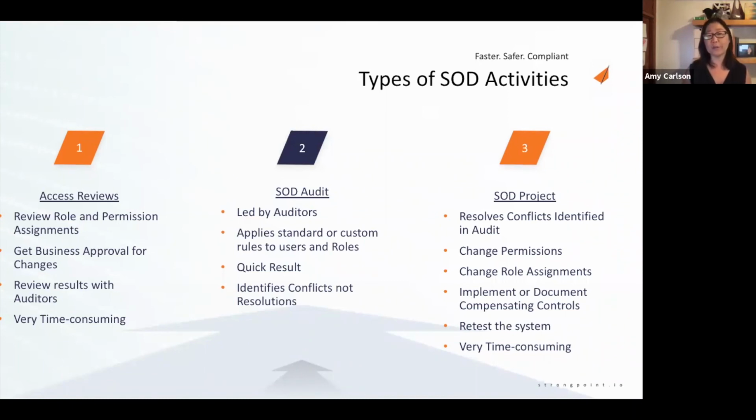We have about 650 plus unique permissions in NetSuite, and that's growing all the time. And to be able to do that analysis just in Excel is a super nightmare. But even if you have a product that's running some rules against your permissions and your roles, oftentimes you're just getting, here are the conflicts, and okay, great, but now what do I do with these